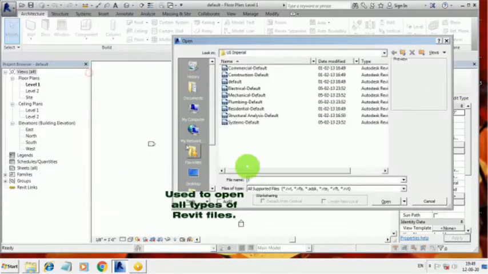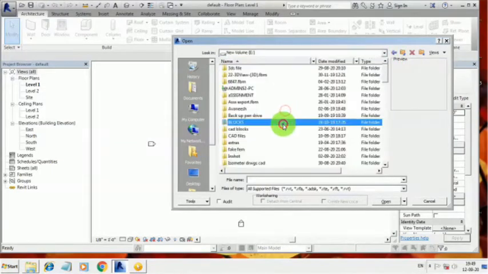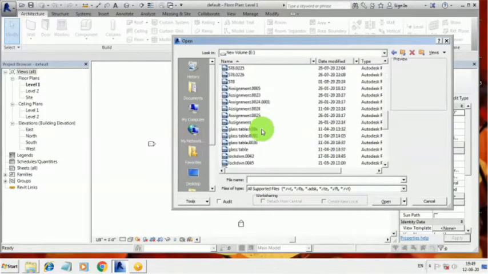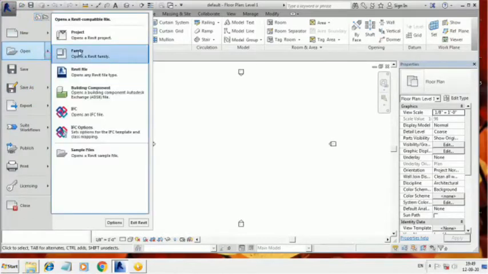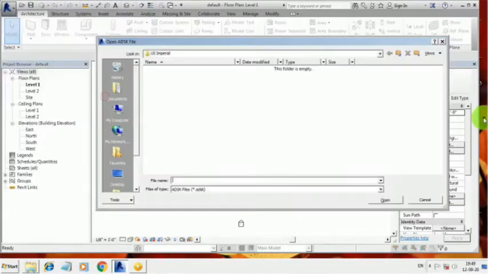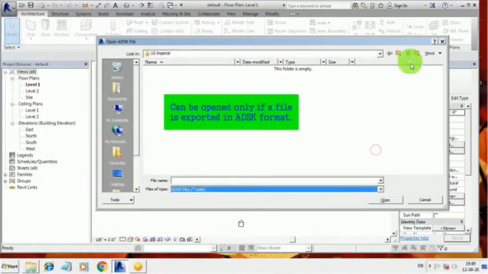So in the third option, you can open all kinds of Revit files, whether it's a project file, template file, family file, etc. So in the fourth option, we can open the file in ADSK format.